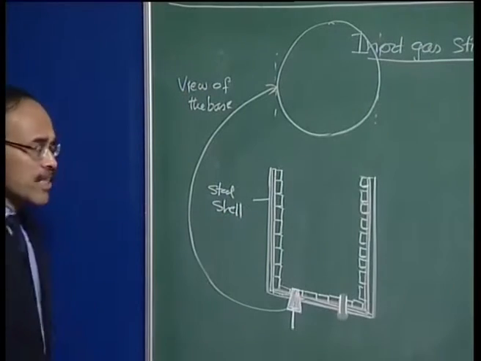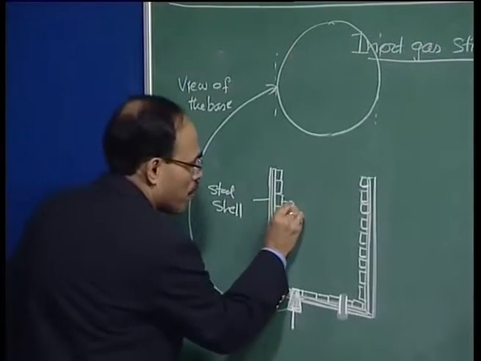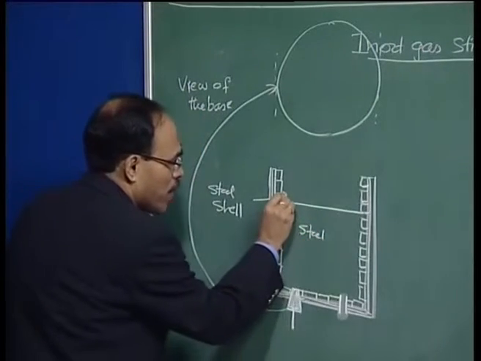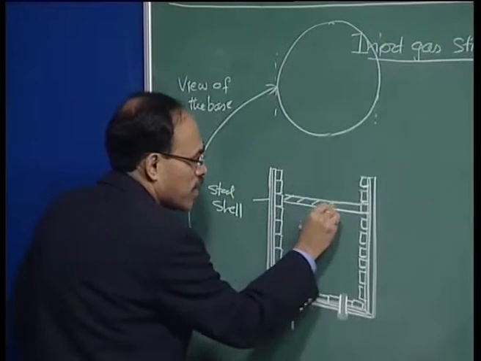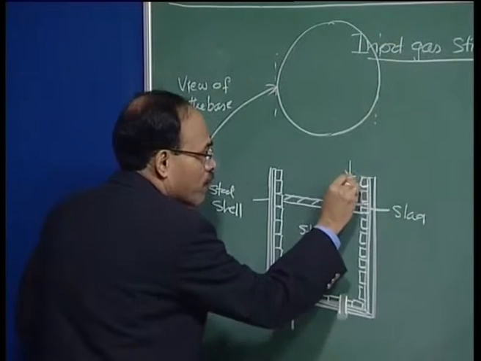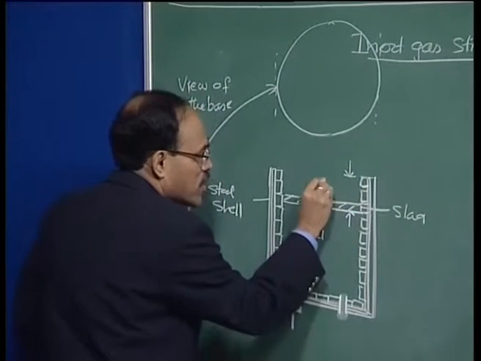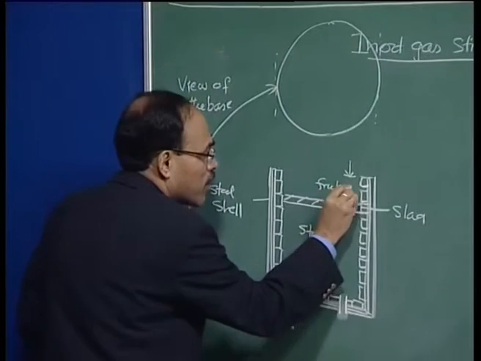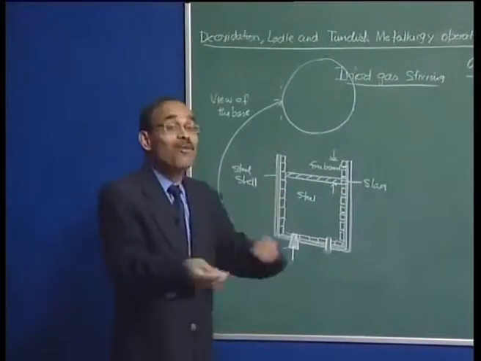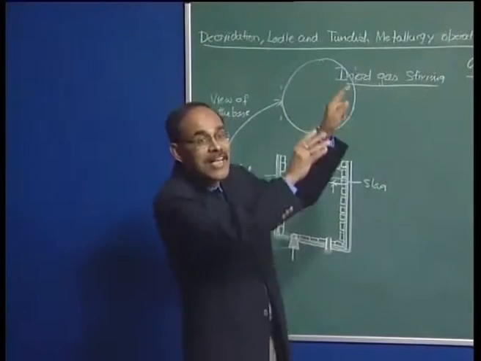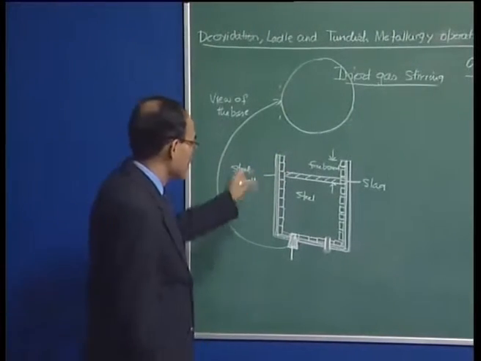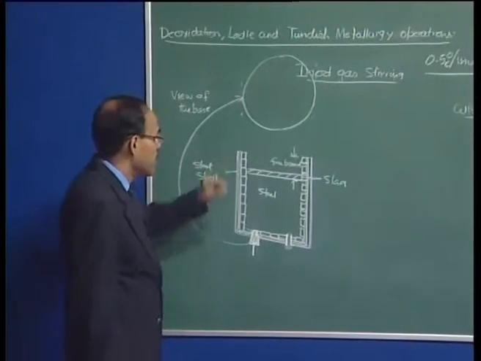Typically we will see that the ladle is going to be filled up with steel to this particular height, and then we may have a slag layer. This distance is going to be called the freeboard of the ladle. Otherwise, if we do not have freeboard, what happens? If we translate the ladle, because the ladle is to be moved from one place to another, the molten steel is going to flow out of the ladle. So some amount of freeboard, 60 centimeters, 70 centimeters, it varies from plant to plant, is necessary.